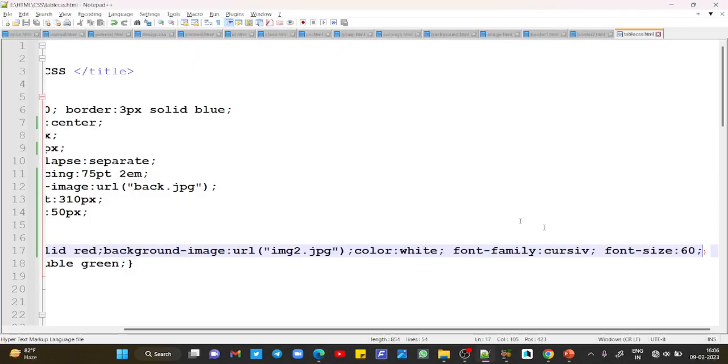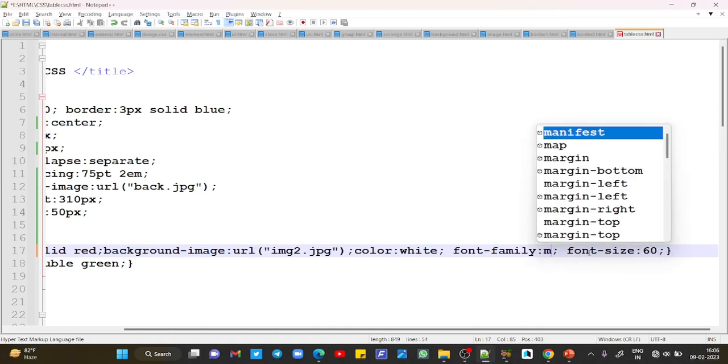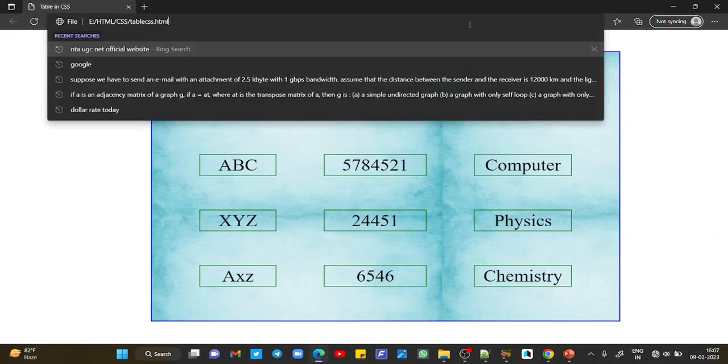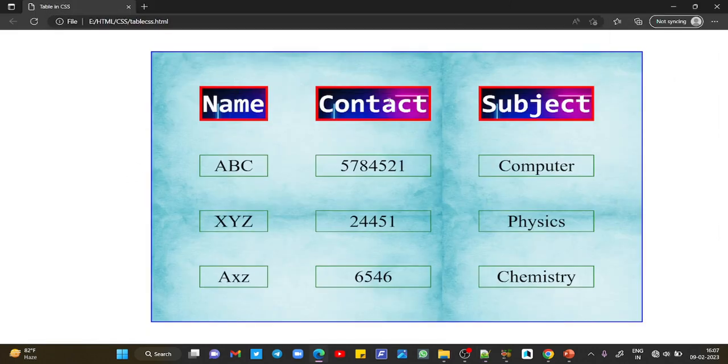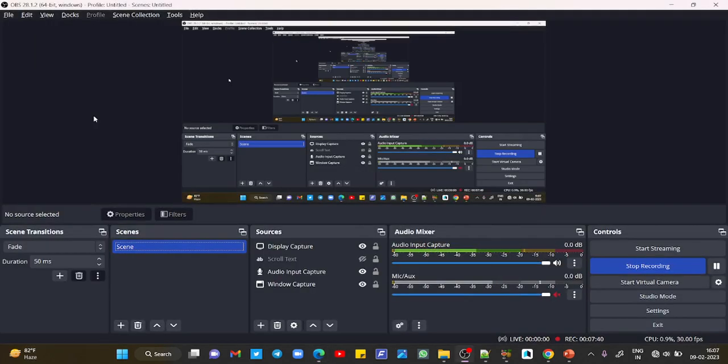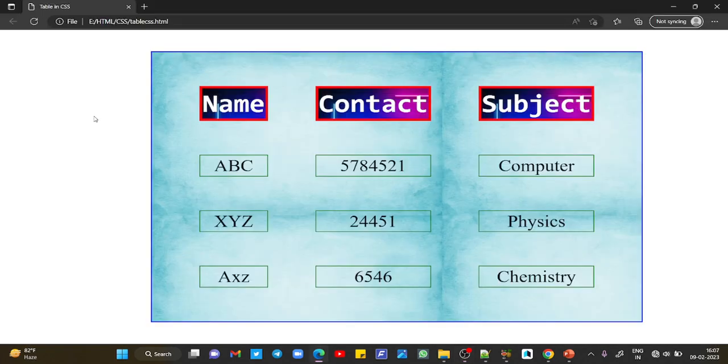Now if you want to use another font family like monospace, save and refresh. So you can see the type of text, the family of text is now changed. Correct? So I hope students everything is clear to you till now. Okay, next thing you can do here is, as you can see the difference now, as we have increased